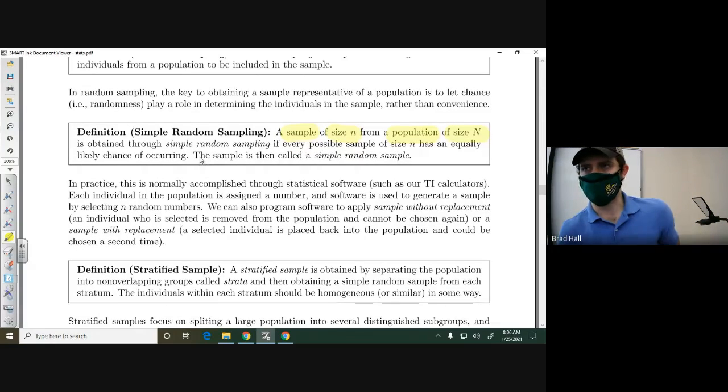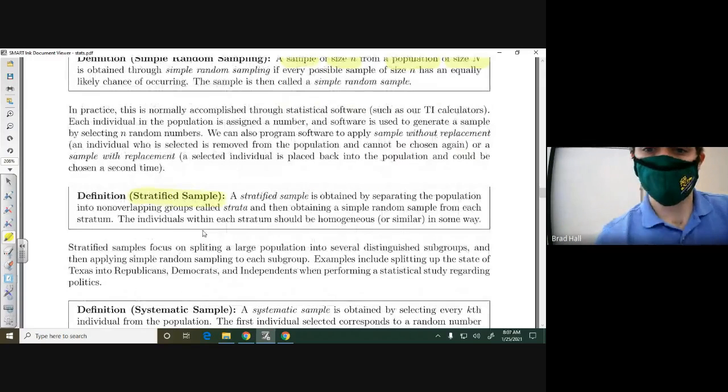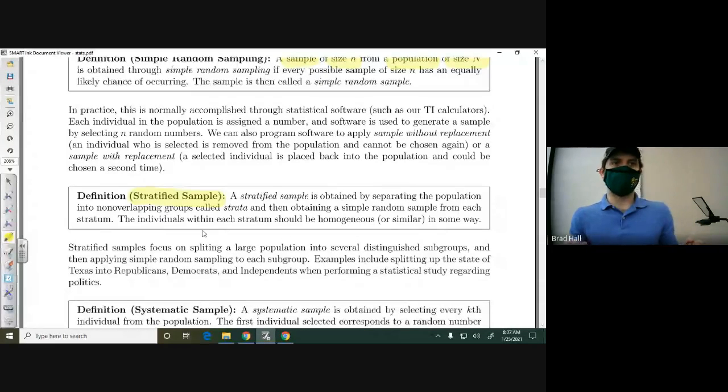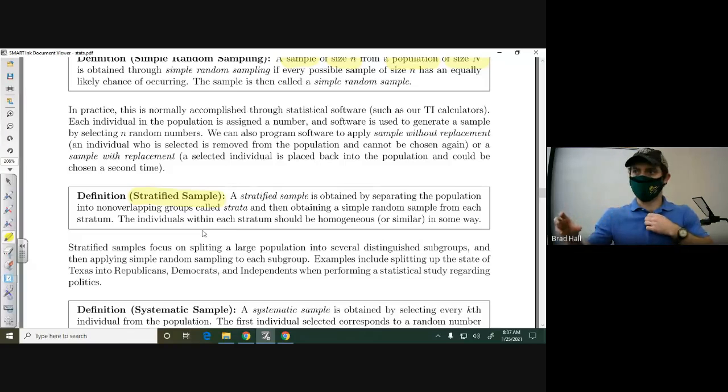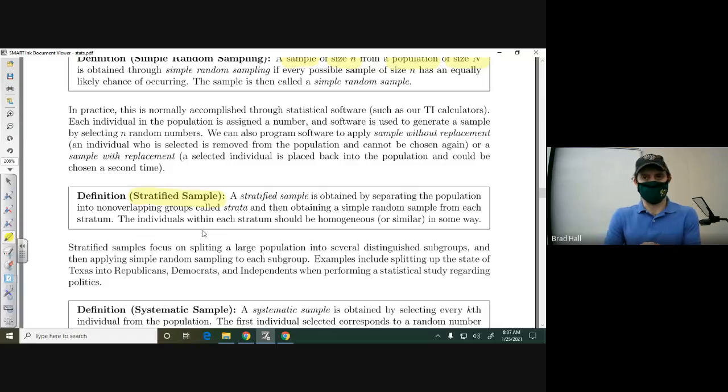But there's other sorts of sampling other than just picking them out randomly from a population. There's stratified sampling. Stratified sampling is when you take a larger population and split it into smaller, non-overlapping groups called strata, and then you perform a simple random sample on each one of those smaller groups. This is normally done if you wanted to,